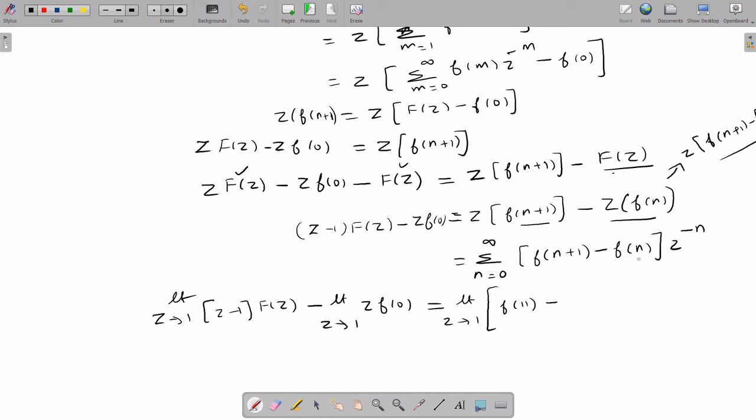Minus, when you substitute n is equal to 0 here, it has f of 0, plus n is equal to 1, we are substituting, and 1 plus 1 you have a 2, minus f of 1, plus n is equal to 2 substituted here, so f of 2 plus 1 is 3, minus f of 2, isn't it? When n is equal to 2 was substituted, plus etc, plus n is equal to